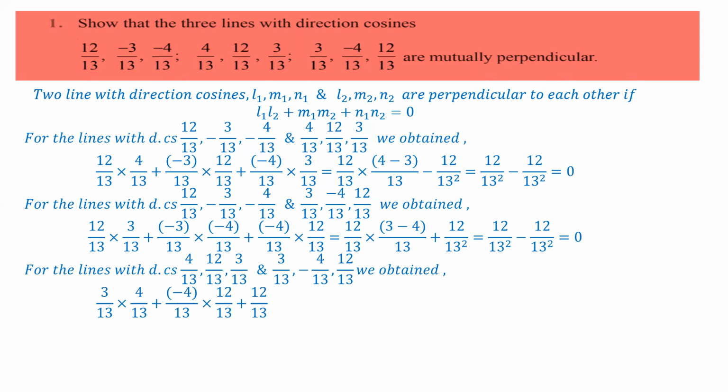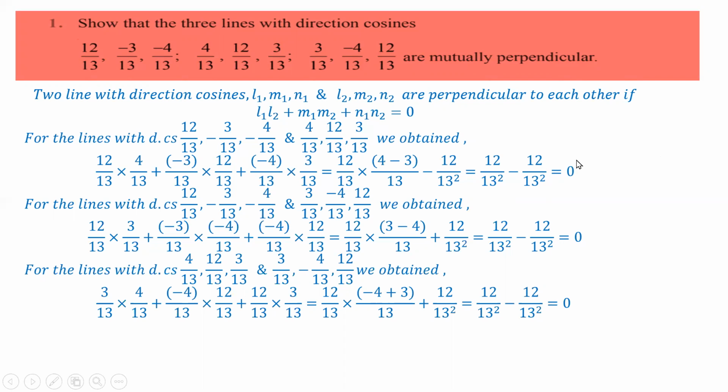Okay, so a little bit of calculation is there. If you can calculate, then that will be very easy for you. Basically, the questions are very easy to do. Here, one thing is important, that is the calculation part. So this is the solution. We can say that the lines are mutually perpendicular to each other, since this condition is satisfied by every pair: first and second, second and third, and first and third.